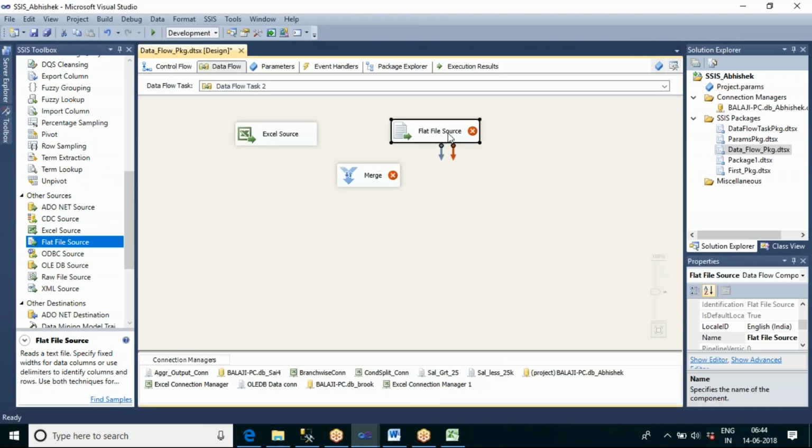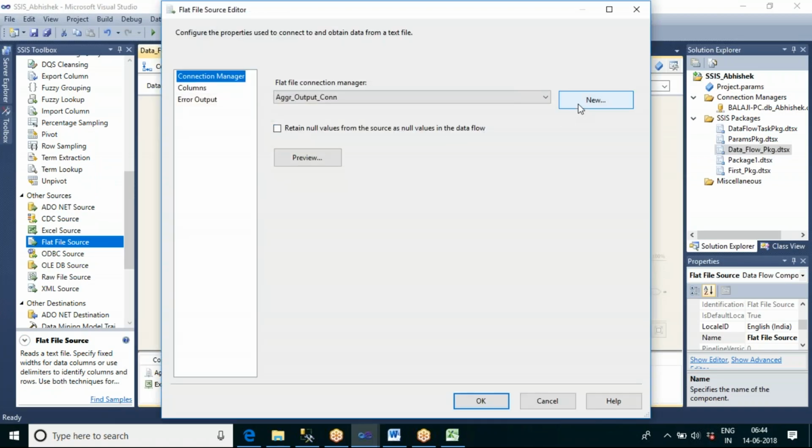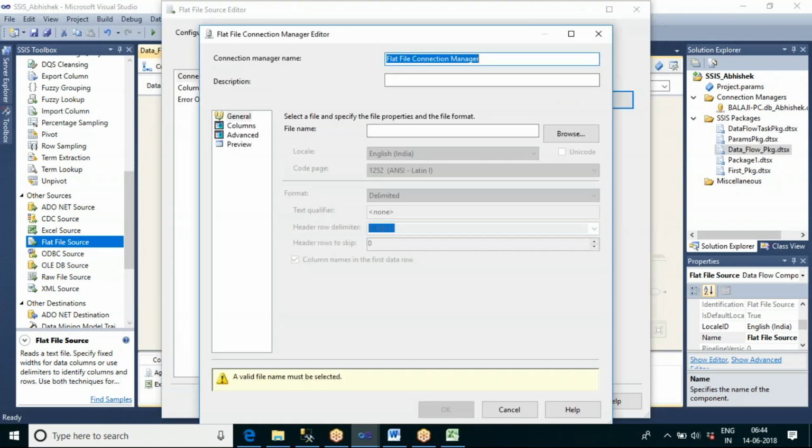So I have taken one flat file source. Let me connect to that. Is the connection already existing? I don't think so. Let me create a new one. Let me create the connection name as merge source 2 connection.